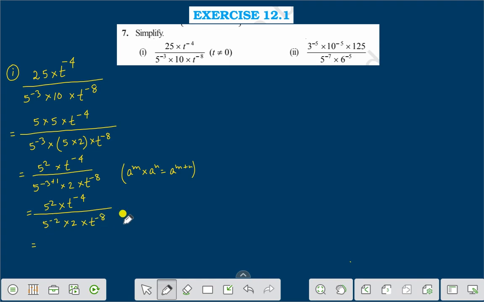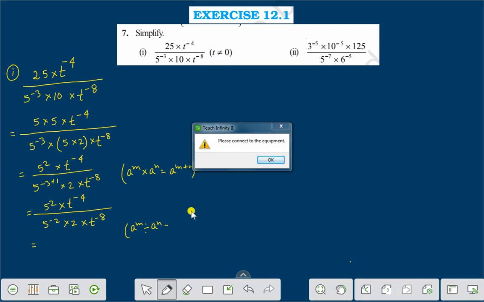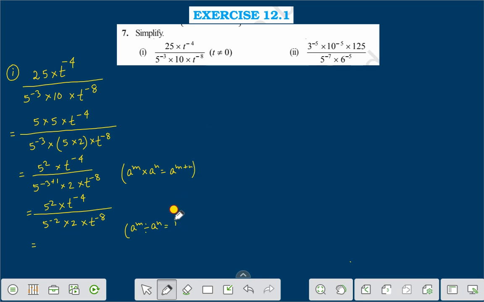If we apply the formula a to the power m divided by a to the power n is equal to a to the power m minus n, then we are getting 5 to the power 2 minus of minus 2, into t to the power minus 4 minus of minus 8, divided by